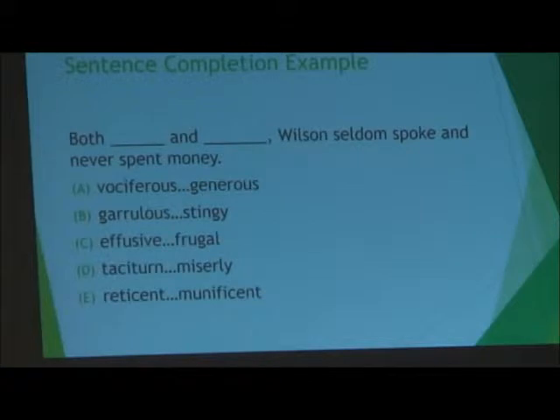So there's no interpretation in these questions. It's like someone who's both quiet and doesn't spend money. He was quiet and didn't spend money, right? It's super simple. So sentence completion is purely vocab, because you have to know what these words mean. So how many of you guys know what vociferous means? It means loud, basically, right? Like loud and rowdy. How do you know that? Do you study? No, I know the word. Okay, you know the word.